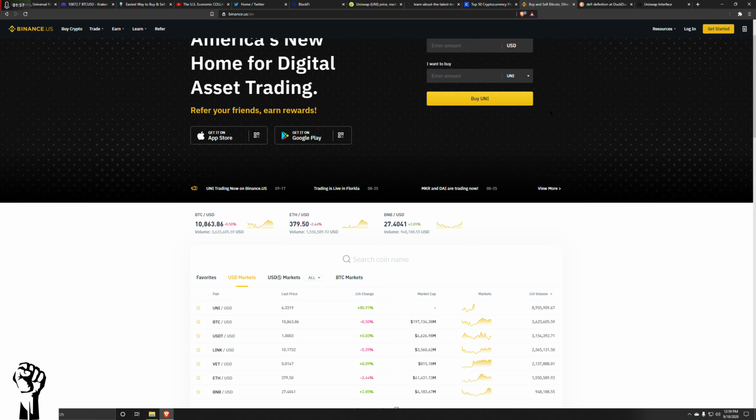Coinbase was quick to list Uniswap, and not quick to list something like VET that has a ton of real-world use cases as far as tracking data on the blockchain for huge agricultural companies and food companies and bottling companies and so on and so forth.